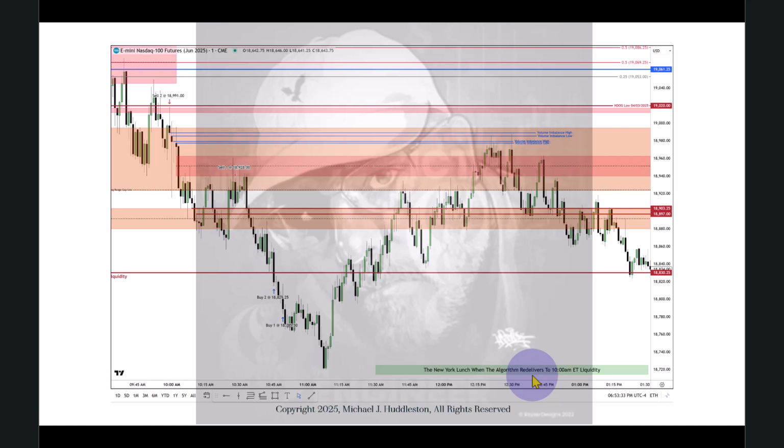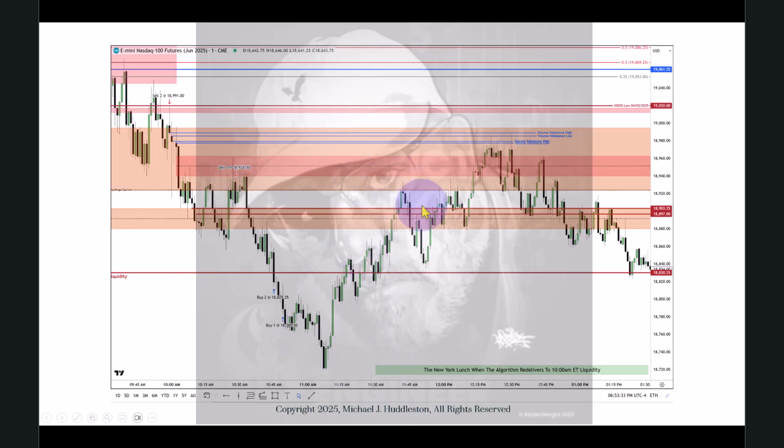Okay, and what you're doing is, and I've taught this before, you want to look at 10 o'clock. Here's 10 o'clock. And at 10 o'clock, start walking forward. Where's the high that forms when you're bearish? And it's going to come back and knock out those stops. There it is right there. So at 11:30 here, the market's going to start gravitating towards that high.